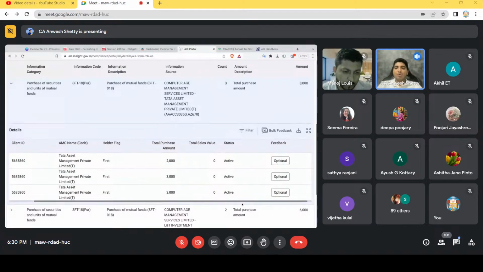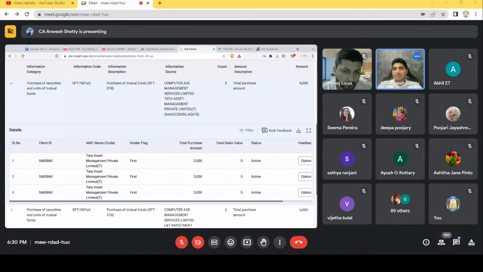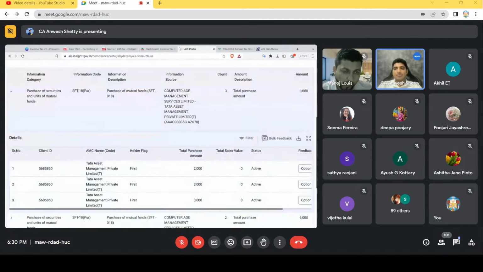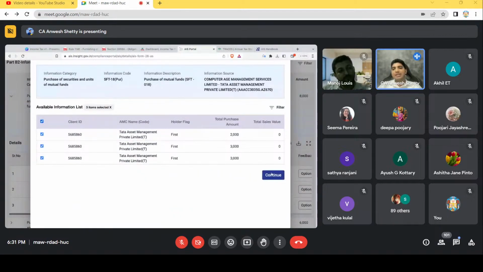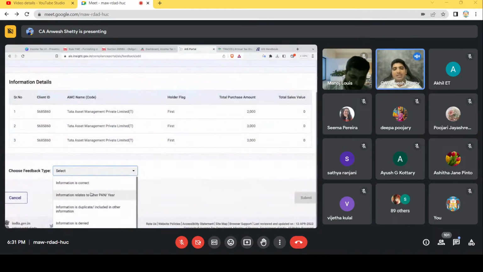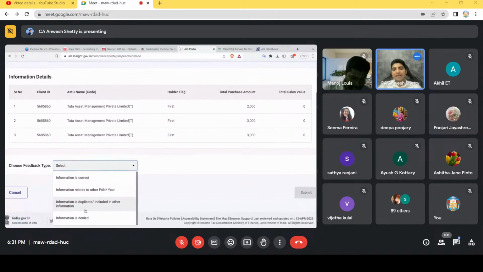Now if you don't want to agree with any of these things, instead of coming to each, let us say that you have not purchased any of these things, so there are hundreds of these items and you don't want to agree. Sometimes it happens if you're dealing in the stock market, because of some syncing errors, the exchanges would send somebody else's data to you. So there will be thousands of line items, and you can't go to each line item and say disagree. So there is also an option to give a bulk feedback, and you can select everything and continue and give the information saying that information is denied or any other aspect. Okay, so this is as far as